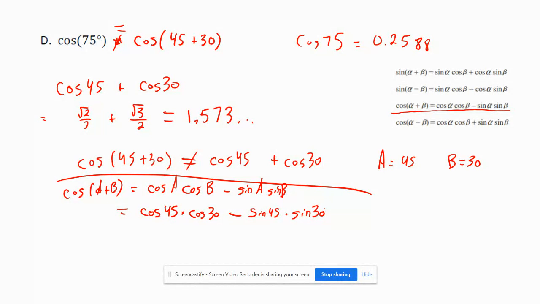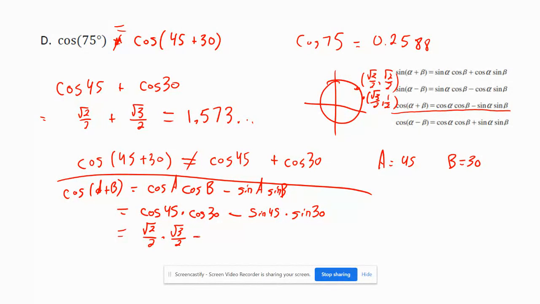Now let's look at our exact values for 45 degrees and 30: root 2 over 2, root 2 over 2, root 3 over 2, and 1 half. So cos 45 is root 2 over 2, cosine 30 is root 3 over 2, sine 45 is root 2 over 2